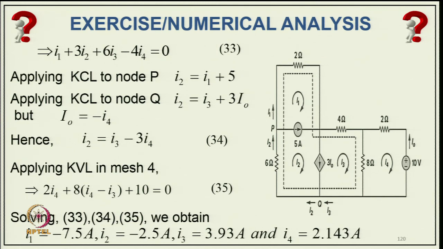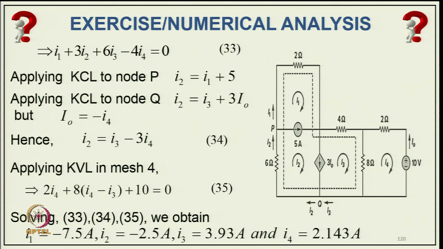applying Kirchhoff's current law at node P here. So, that is I 2, the current entering, equal to I 1 plus 5, these two currents are leaving. And applying Kirchhoff's law at node Q typically here, that is I 2 equal to I 3, that is a current entering, plus I 0, but here I 0 equal to minus I 4. So, you can find out I 2 equal to I 3 minus 3 I 4,